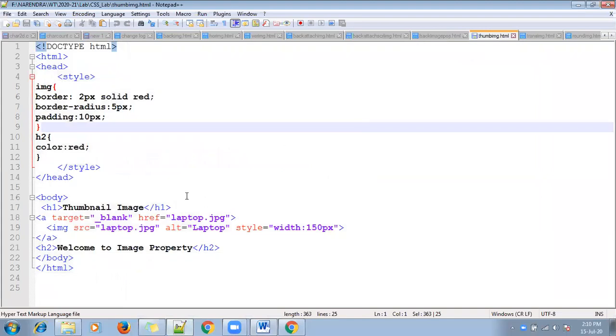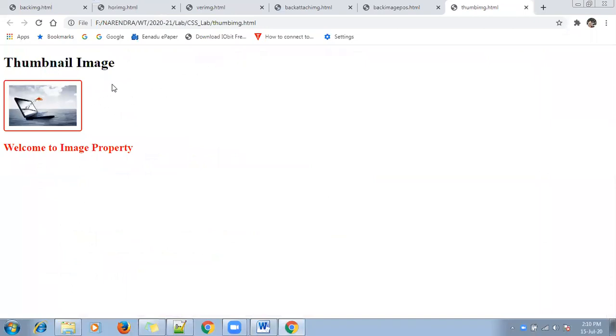So this is the program. We want to style our image with border and border radius and padding, with color red. If I run this program, okay, this is our output. If you click on this image, that image will be displayed as a larger image.